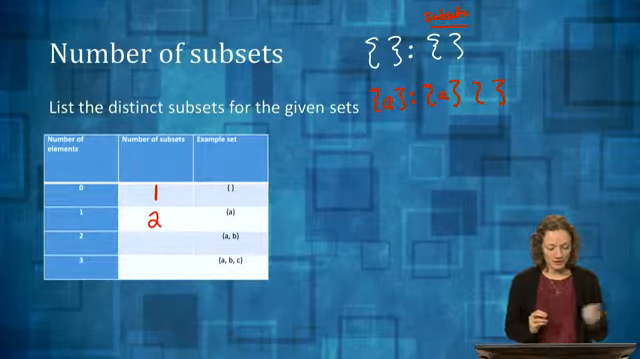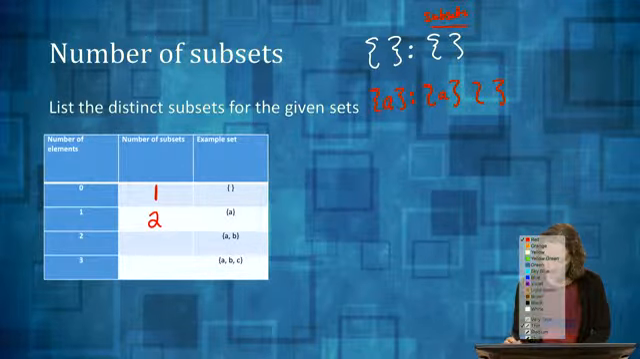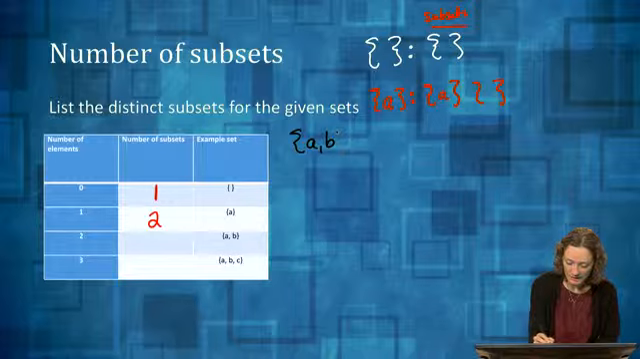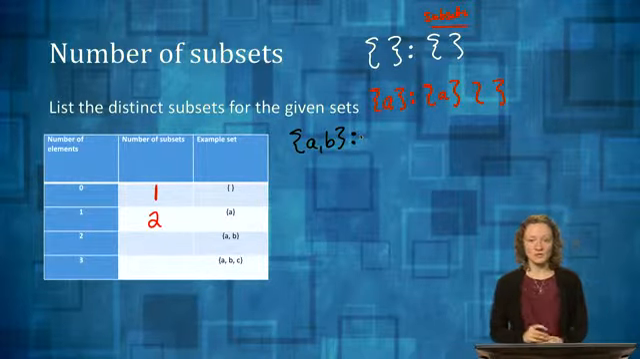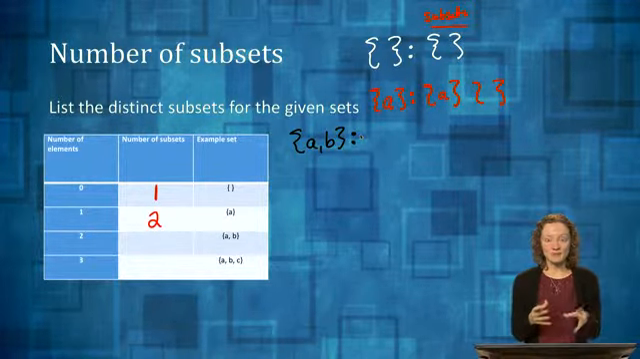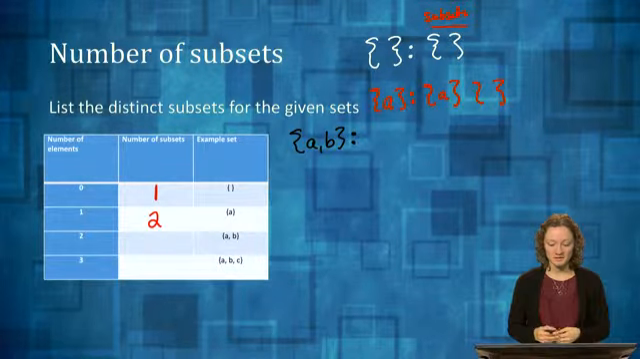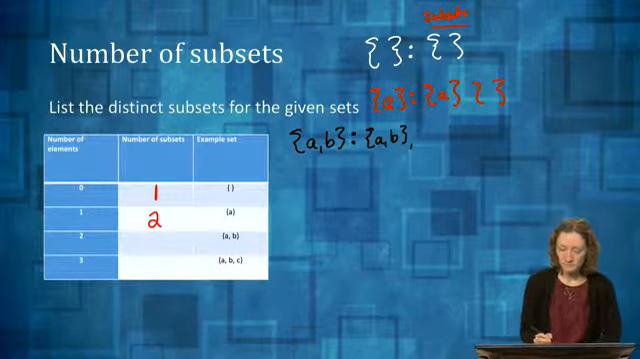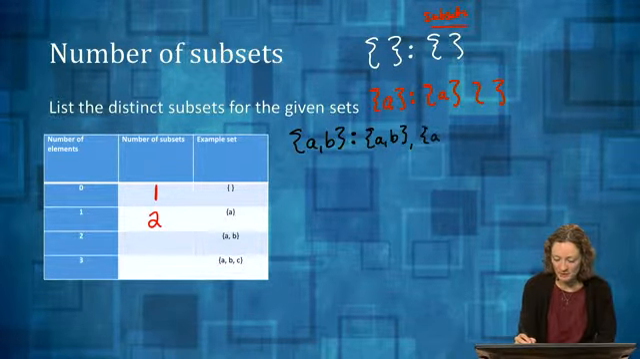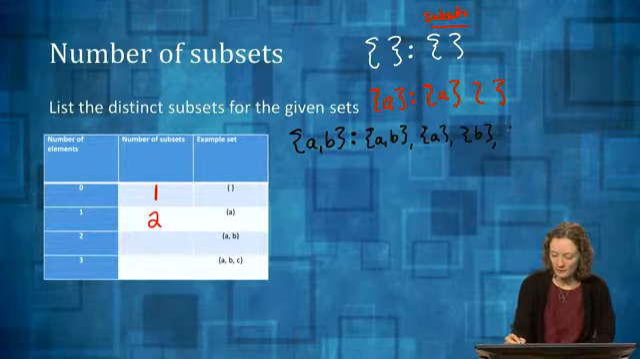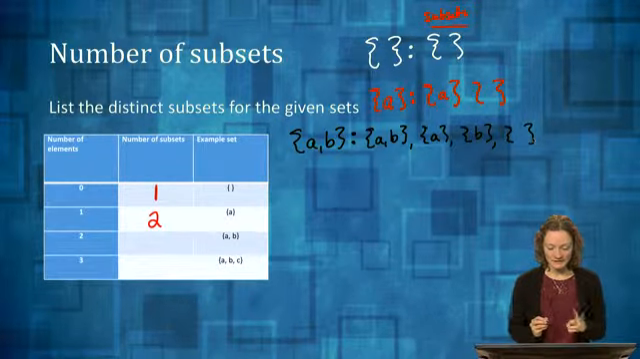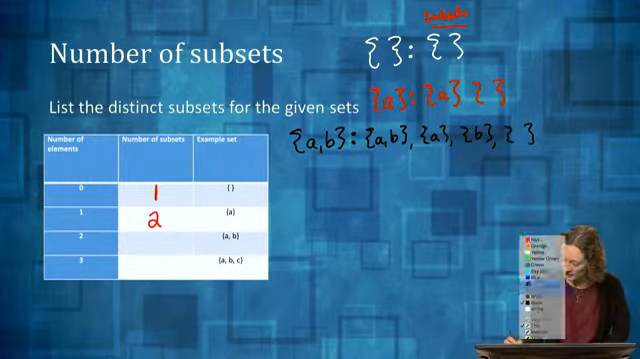Okay, the third scenario, let's say we have 2. The set containing A, B. Let's list all those subsets. So there's 2 items. How many different ways could we choose to hand out the 2 items? We could choose to hand out both of them. We could choose to hand out just one of them, and it could be A, or it could be B. And we could choose to hand out none of them. So if there are 2 elements in the set, then we have 4